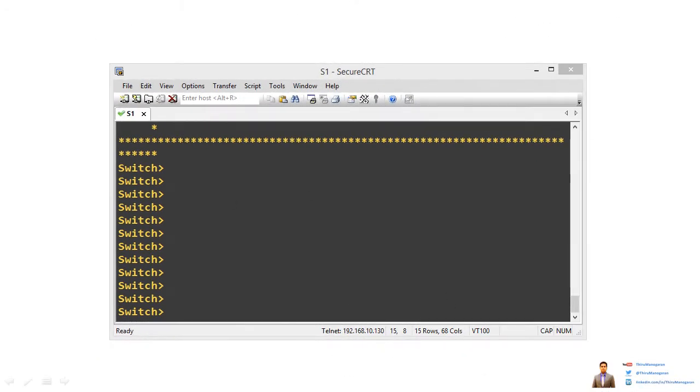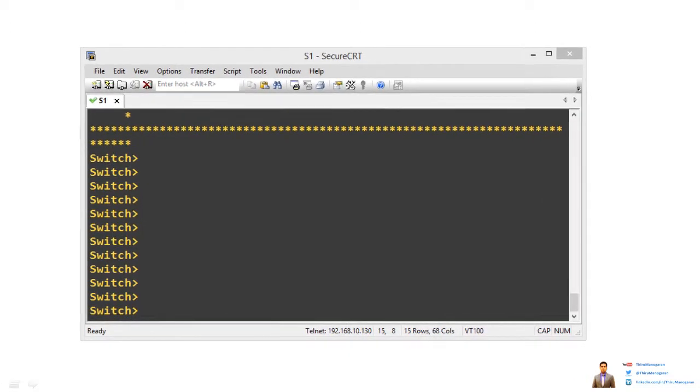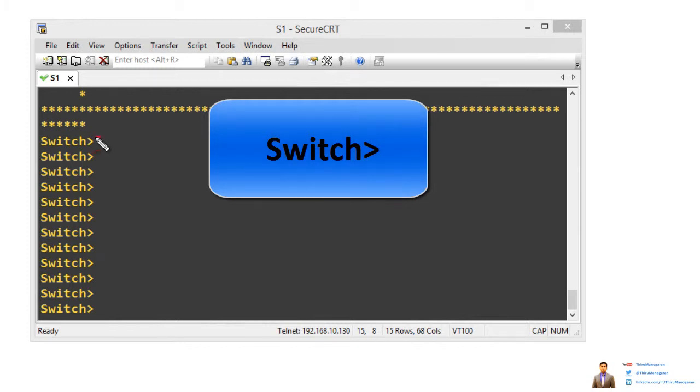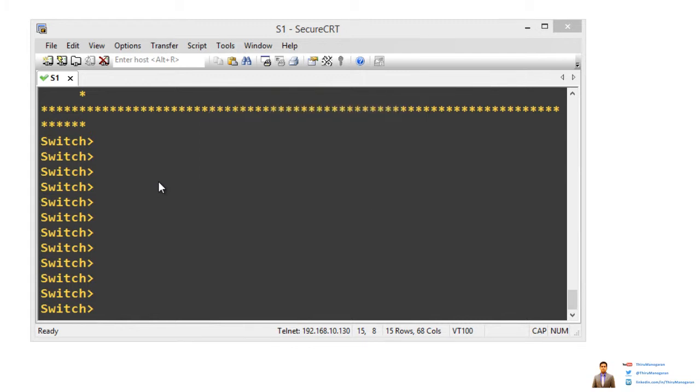First of all, we're going to look at the symbols here. As you can see, this one has a greater than sign. So what does that mean? This means that we are in the user execution mode. At this mode, we don't have full access to the device. So in order to do some changes, we're going to have to go into the